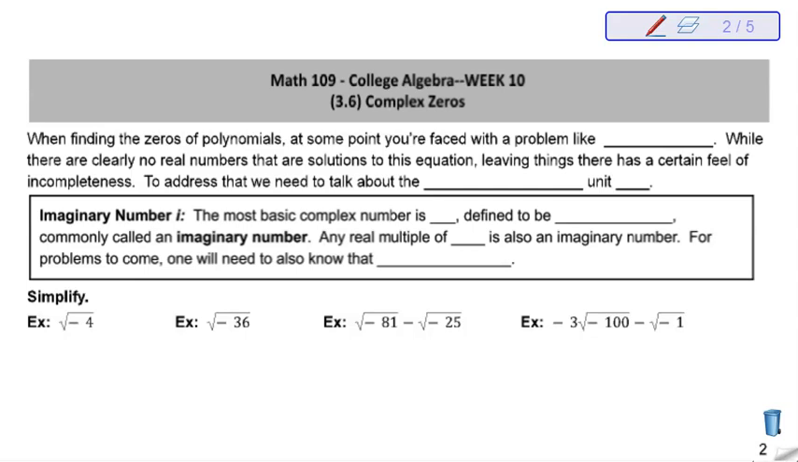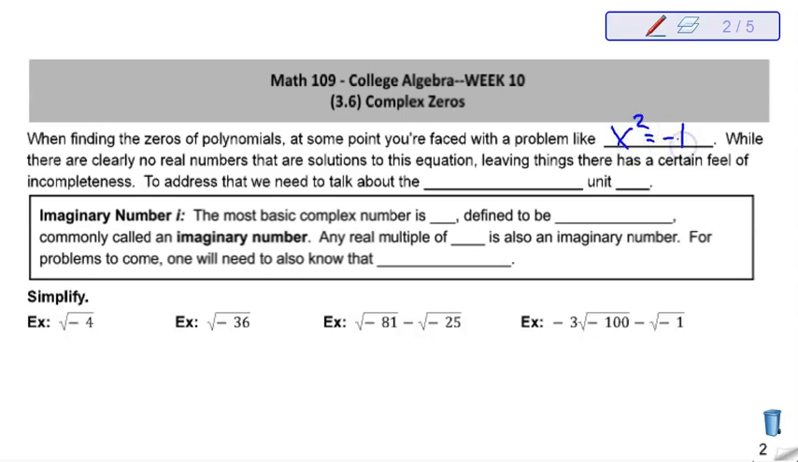On to section 3.6, where we're going to expand upon what we have done in section 3.5 a little bit, but using a different type of number. So before we do that, we need to learn about complex numbers. When finding the zeros of a polynomial, at some point you'll be faced with a problem like x squared